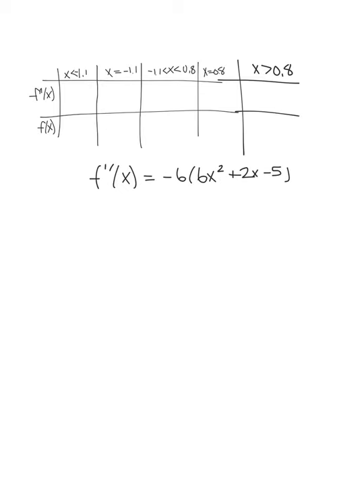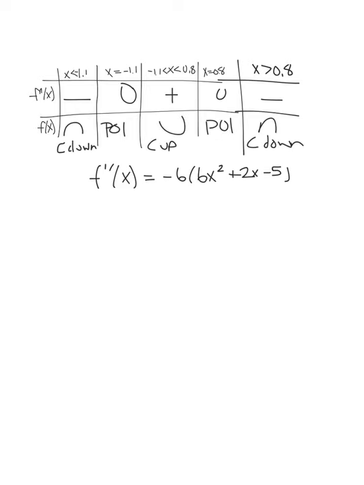All right, I've got my chart here with my inflection points. I'm going to be plugging these in. So if I plug in a number less than negative 1.1, I am going to be getting a negative times a positive, which is negative overall. If I plug in a number between negative 1.1 and 0.8, like 0, I'm going to be getting a negative times a negative, which is a positive. And then something bigger than 0.8, let's just say 1, I'm going to be getting a negative times a positive, which is a negative. Now filling that in for the f of x, I've got concave down, point of inflection, concave up, point of